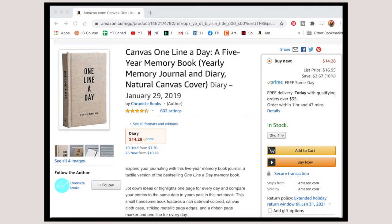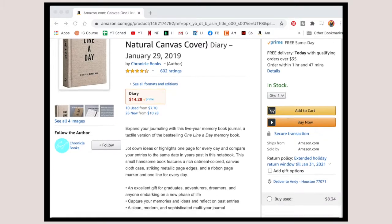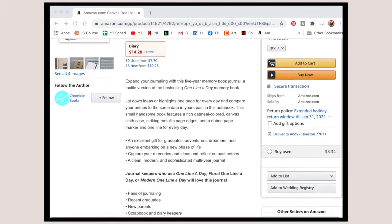Really neat concept. There are several really cute designs. I decided to go with the canvas cover simply because no matter how my style may change over the next 5 years or my home decor, this should always go and I won't get tired of this cover, so I'll just keep it up. By the way, this is about $15